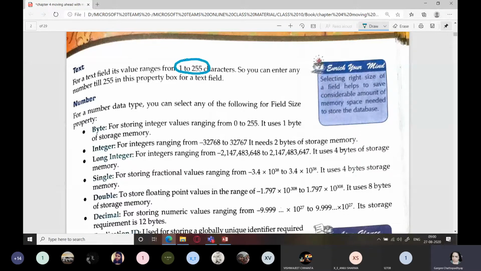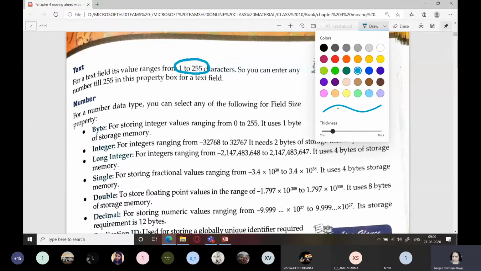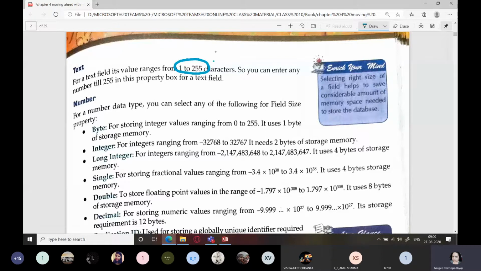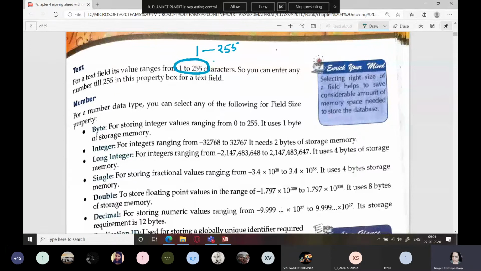So you can see text over here. It's very thick, let me decrease the thickness a little bit. You can fix the length of any textual field, whether short text. Usually, if it is a short text, you can have a maximum size of 255 and a minimum of 1. Suppose you want a field which should contain a maximum of 10 characters, then you can just set it to 10. Understood? So how can you do that?